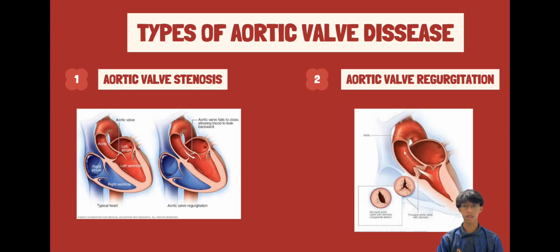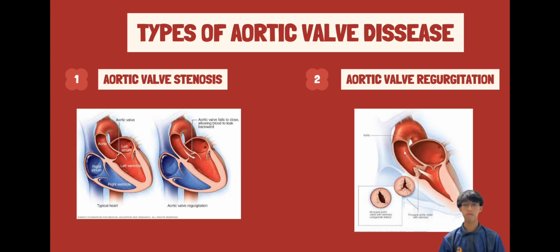Tissue flaps on each heart valve open and close once per heartbeat. Another name for the flaps is cusps. The aortic valve flaps can occasionally join together or thicken and stiffen. The narrowing of the valve opening is the result of these issues. Blood flow from the heart to the body's other organs is decreased or blocked by the narrowed valve.